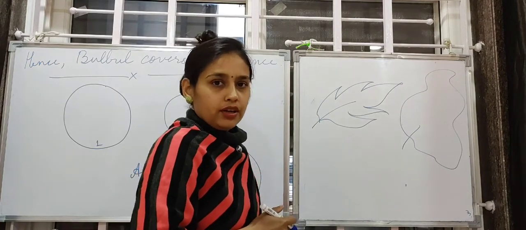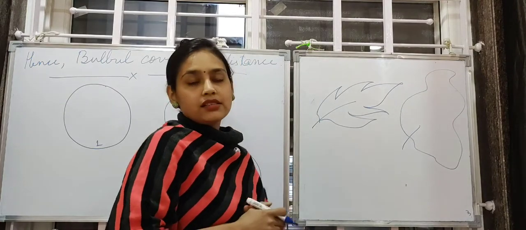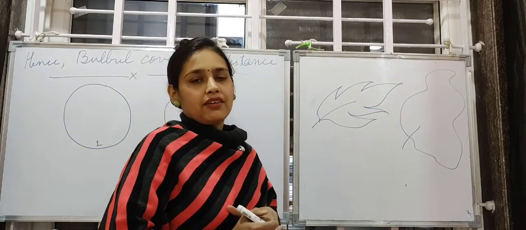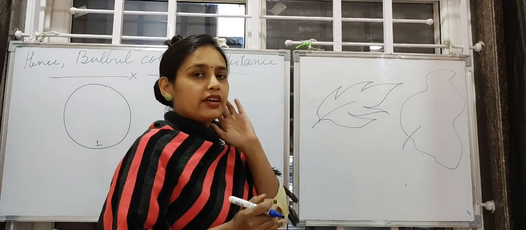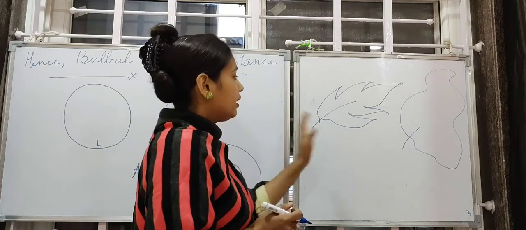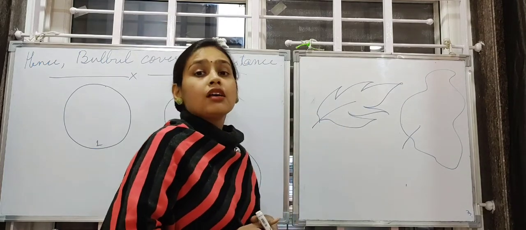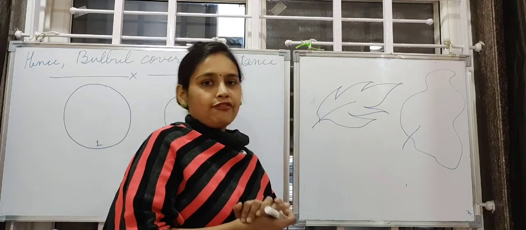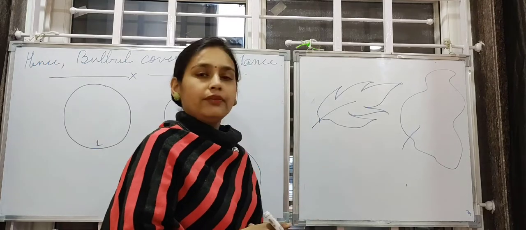How to find out? It's difficult by seeing this size to make out which figure is having less area or which figure is having more area. Then in such figures, we use either square papers or graph papers to find out the area,